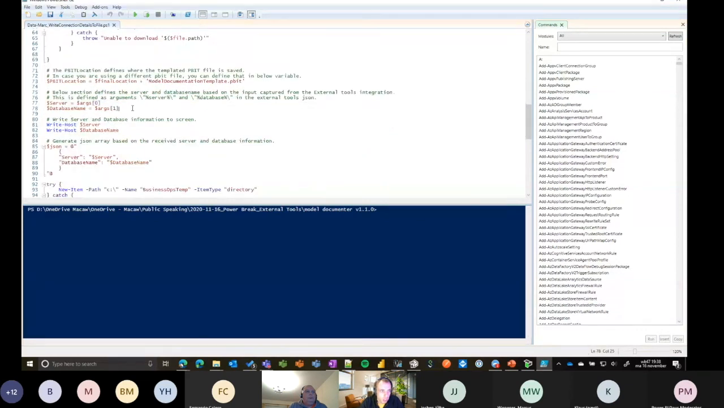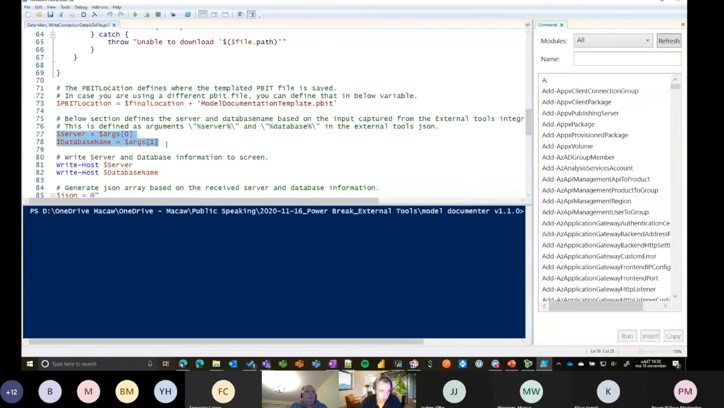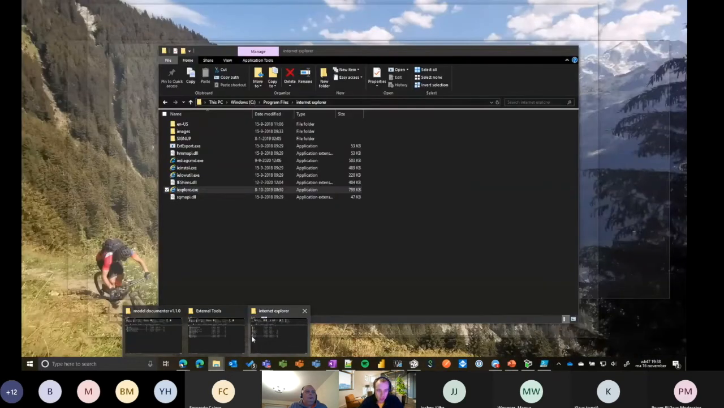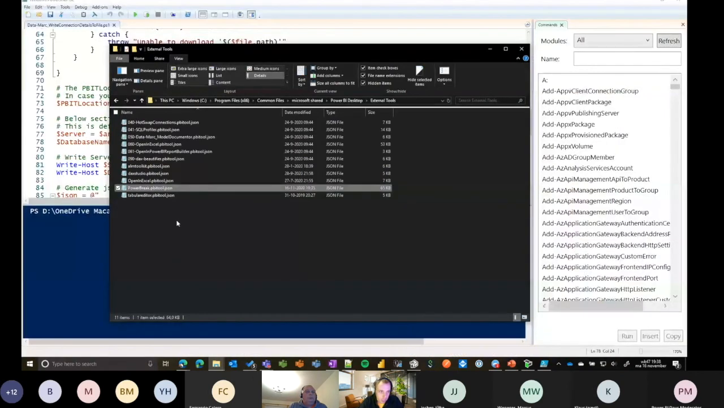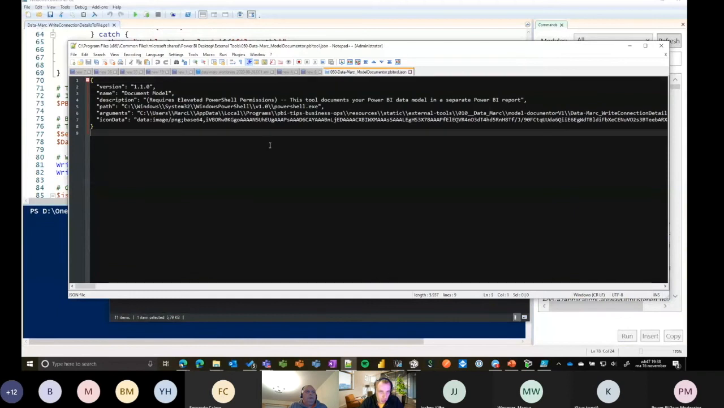And all this here, this is the part that I wanted to show you. Here you see server and database. That's argument 0 and argument 1. If we look at the PBI tool.json file and we open that again, we see that in my arguments here, you see first that it's